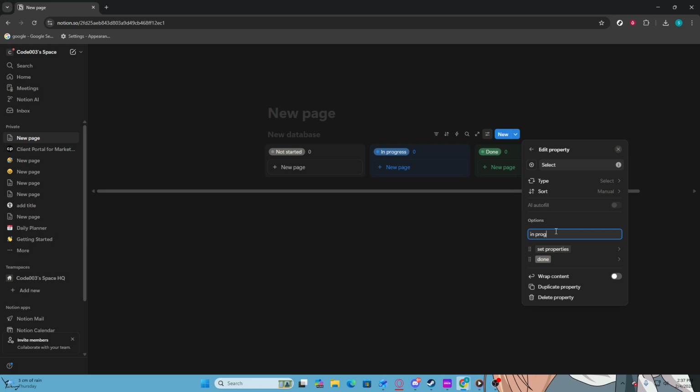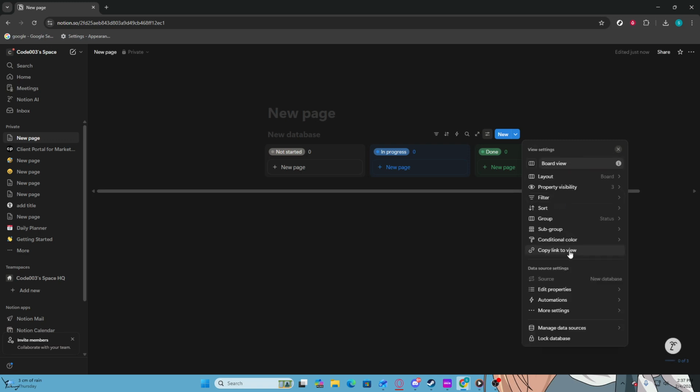Next, click on Back to return to the previous menu. This will take you back to the property settings where you can continue adjusting your board. Click back again to ensure you are back in the main board settings. This helps you to double check all configurations before finalizing your changes. Continue by clicking back once more, ensuring you have navigated back to the main board view where you can see